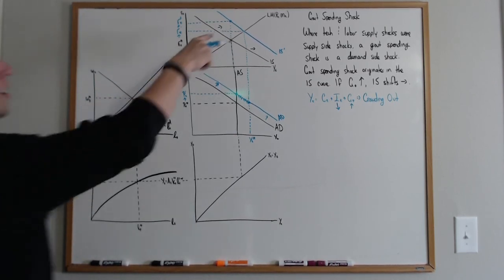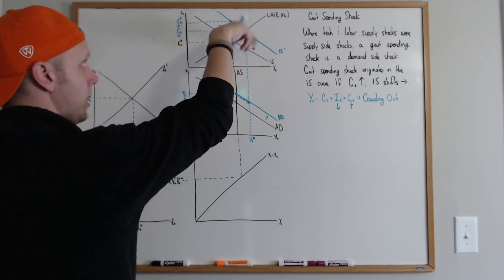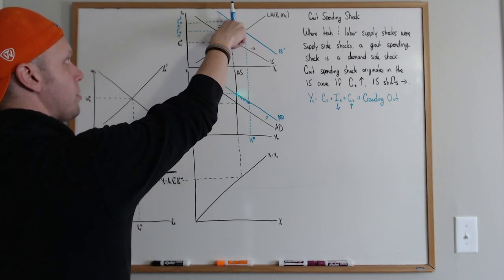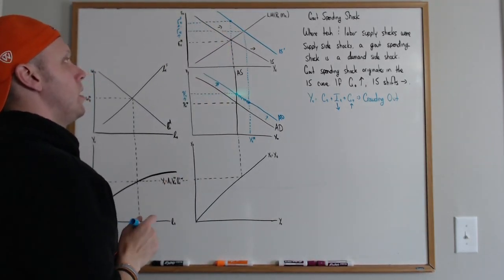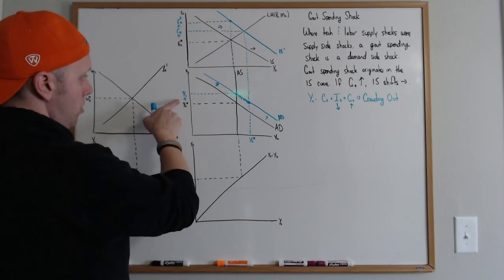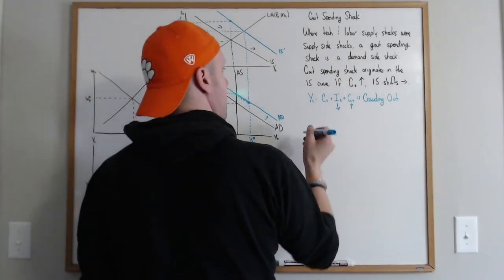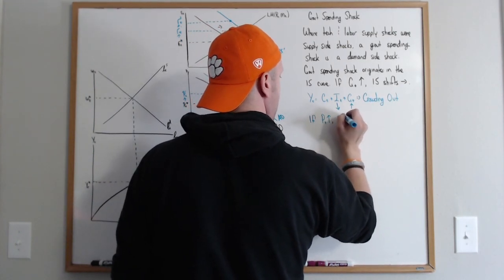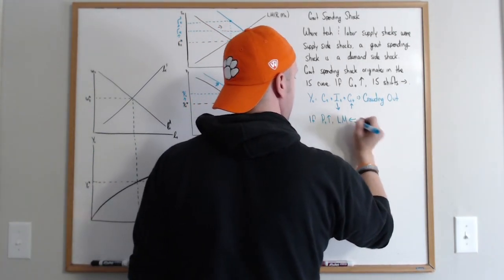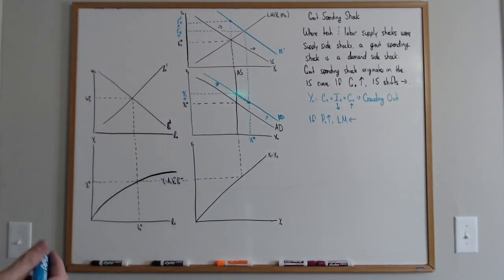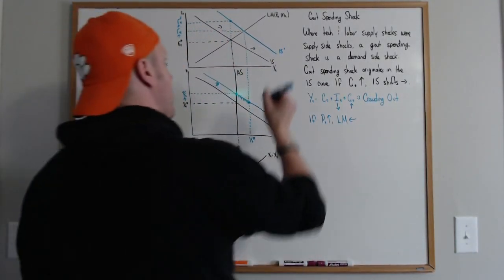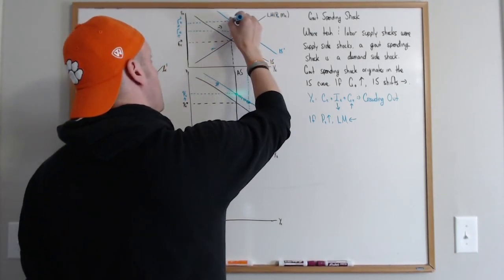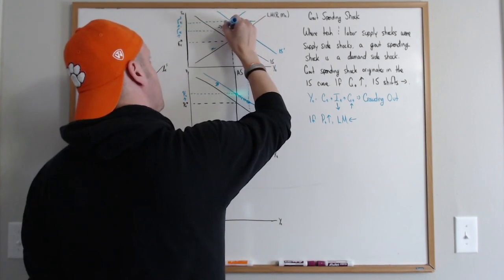But if you look here, there's no equilibrium right here, right? Because the LM curve is nowhere near where it needs to be in order to intersect with this new blue IS curve. So what happens? Well, remember the price level increased. If the price level goes up, the LM curve shifts in. How much does that LM curve shift in? Well, the LM curve shifts in by exactly enough